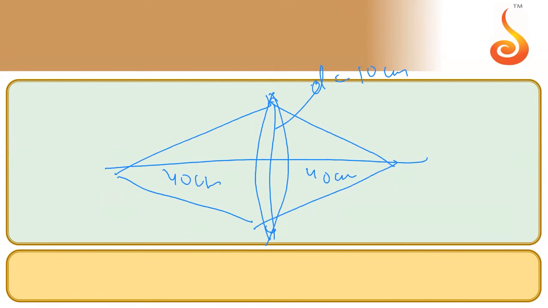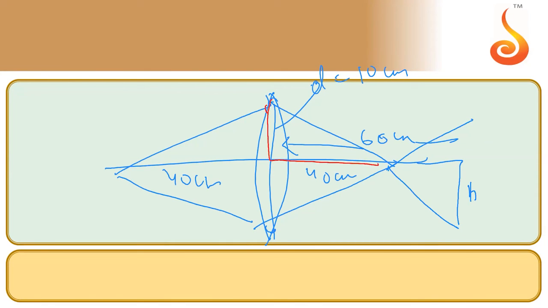But this is where the twist in the question comes, right? The rays, after converging at 40, will not stop, they will continue moving forward. This one goes up, this one crosses over and goes down. My eye was kept at a distance of 60 centimeters from the lens. If I keep it at a depth of h, actually it is a depth, but I'm writing it as h. Do you all agree, my dear friends, that this triangle appears to be a very similar triangle by nature? Yes or no?